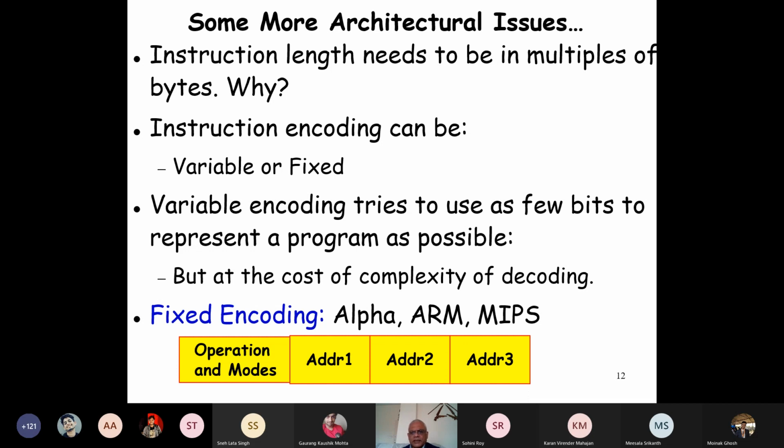And it has to first look at the opcode, then determine how much to fetch, what will be the size of the instruction, then fetch. So the complexity of decoding, first decode the opcode, then find out its size, then fetch the rest and so on, becomes very inefficient. Whereas in a fixed encoding, each instruction is, let's say, 2 bytes or 4 bytes, it just gets that directly and decodes that. So almost every processor now uses fixed encoding.